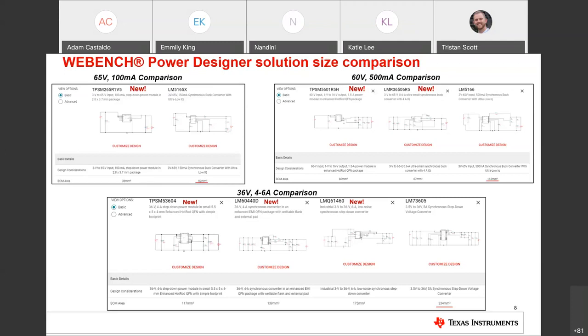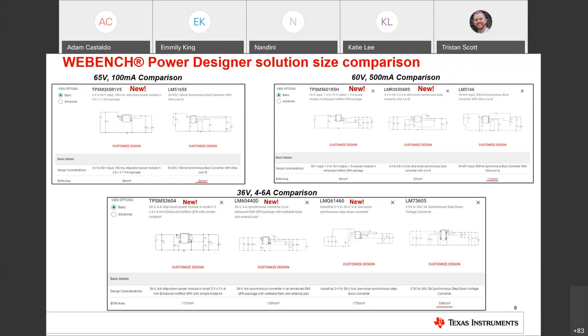And although it may not seem like a ton, 20, 30 millimeters squared can make a large difference. And as we know, you can further optimize these solution sizes, which I'll talk about in the device overviews, but this is just the standard WebBench, not playing around with the design at all. And you're getting a 20 to 30 millimeter squared reduction over the previous generation, which is again just driving home the power density message that I'm conveying here with our new package technologies as well.